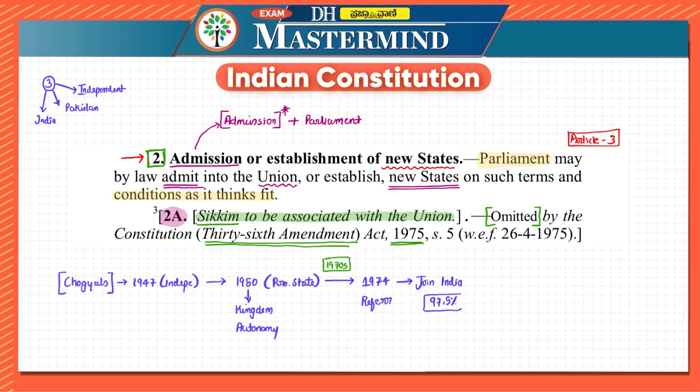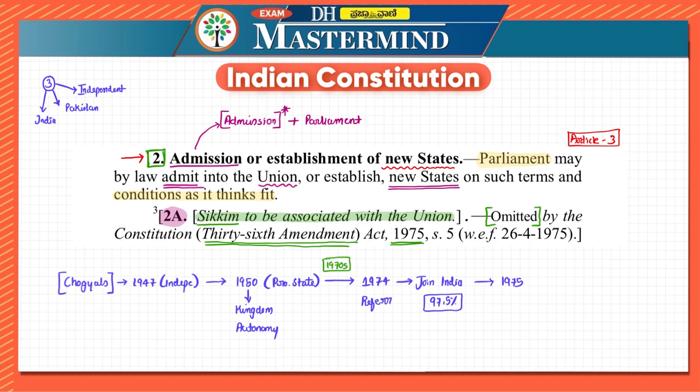97.5% of the people said that they have to be joining India. Only the remaining 2 odd percent voted against the motion. Because this was not liked by the monarch at that point of time, they demanded a referendum again. But later on, in 1975, Indian troops invaded, seized the palace, and the king was placed under house arrest.